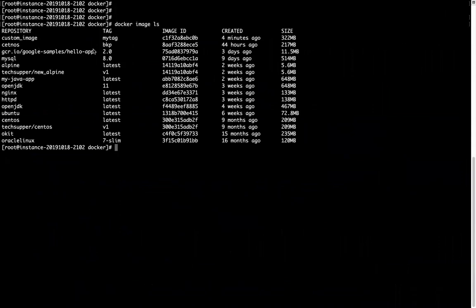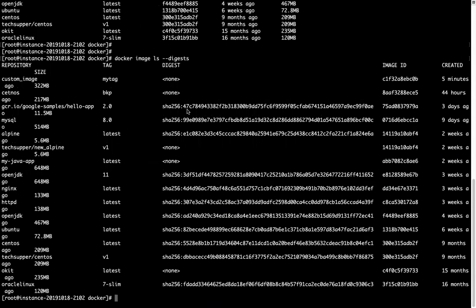Here you can see all these images which I have, like the custom image which I have created now, CentOS backup, and then image ID, MySQL, Alpine, TechSupper, and these are the different images which I already have, right? And if you want to look at all the digests of the images, so ls